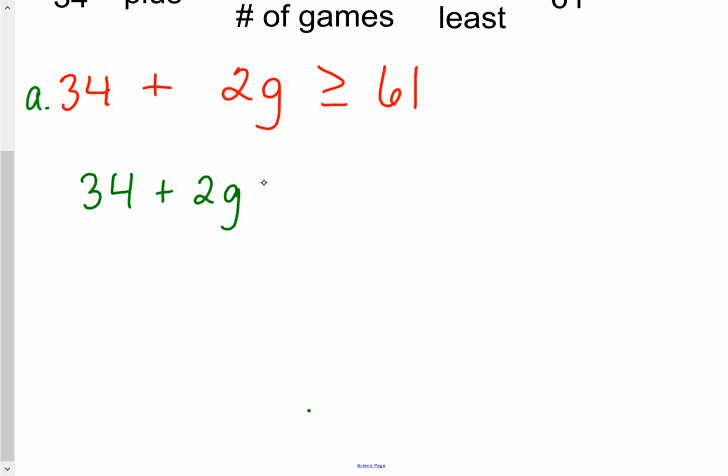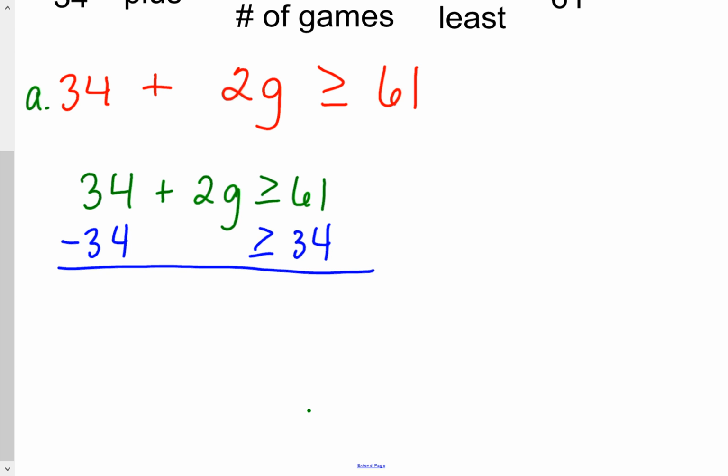Our first step again is to undo the addition or subtraction of the constant. So our constant is 34. To get rid of the 34, I'm going to subtract 34 from both sides of the inequality. All right, so 34 minus 34 equals 0. So I'm left with 2 times the number of games is greater than or equal to